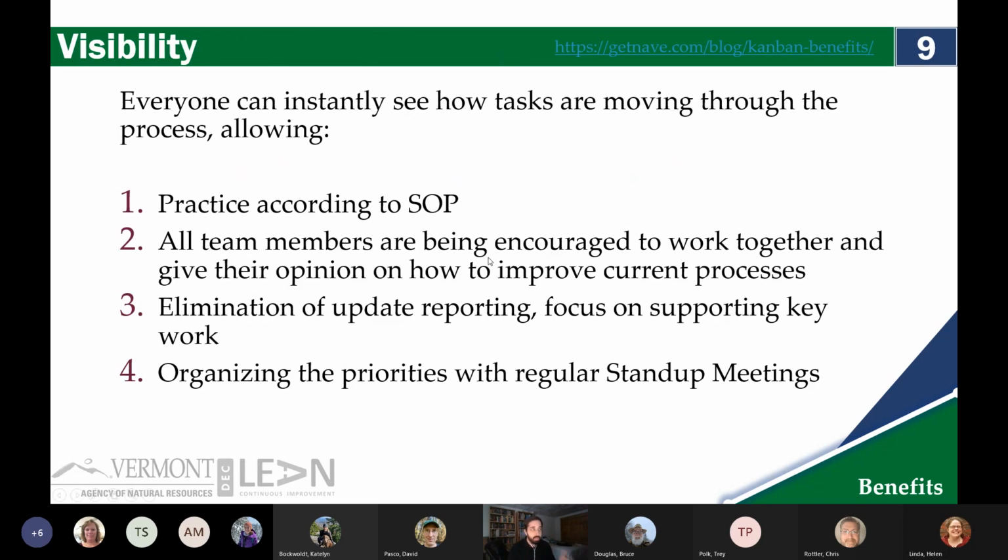So I mentioned visibility before. I want to highlight a few key points of visibility that make Kanban systems in particular so powerful. One of the really great advantages to establishing those buckets as process steps is you put those outline items there like it's an SOP. Each bucket represents a task,